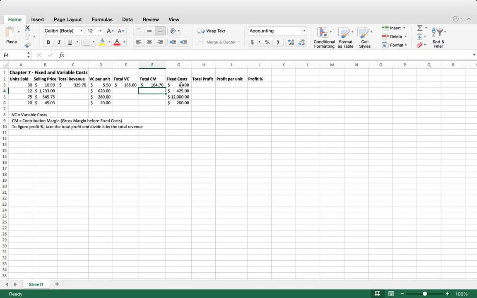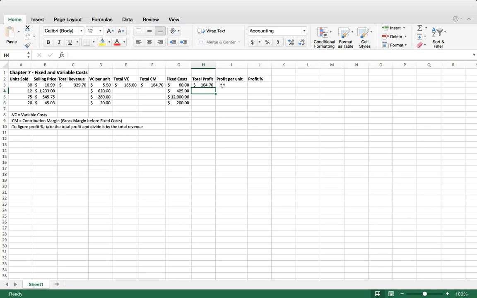Then we have our fixed costs. So these are the costs that are always going to be there. No matter what we produce, we are going to have to pay our fixed costs. So we need to back out those fixed costs from the contribution margin in order to determine our total profit. So we will take the 164.70 and subtract the fixed cost of 60, and that'll get us a total profit of